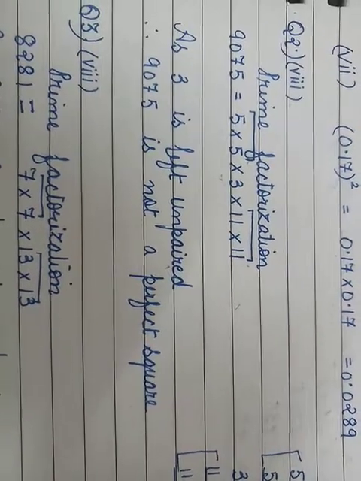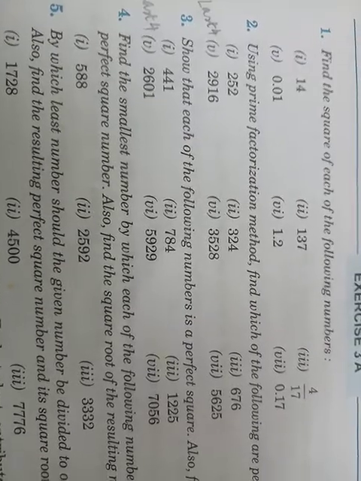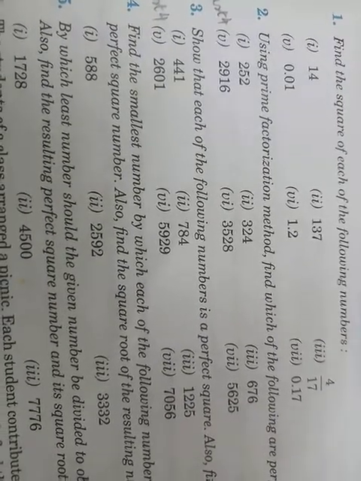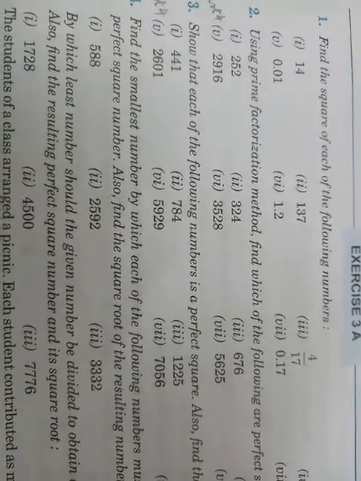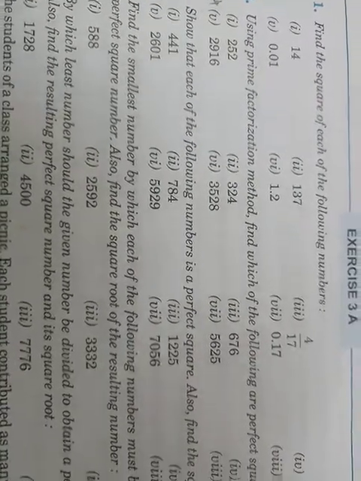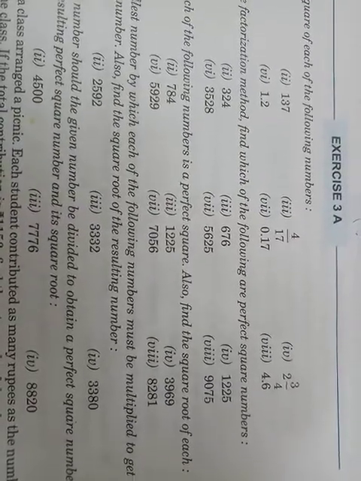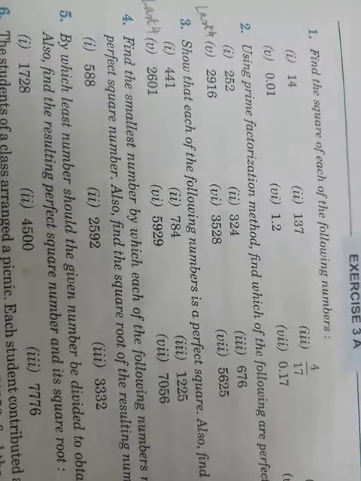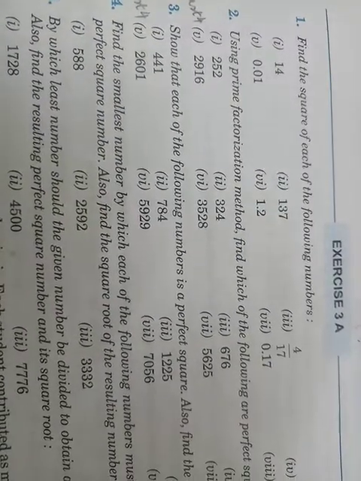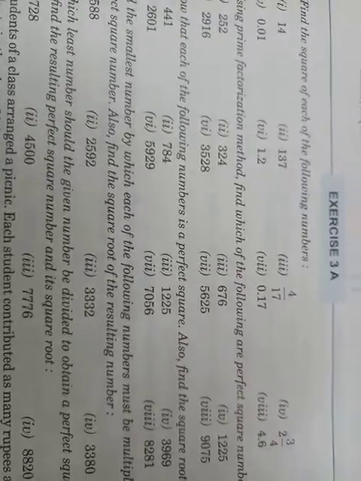Then I discuss question number 3. Question number 3, they say, show that each of the following is a perfect square. So firstly we have to show that it is a perfect square and also find the square root of each. Then we are looking for the square root. So again we'll do the last 4 parts. I discussed question number 3, part 8 with you, that is